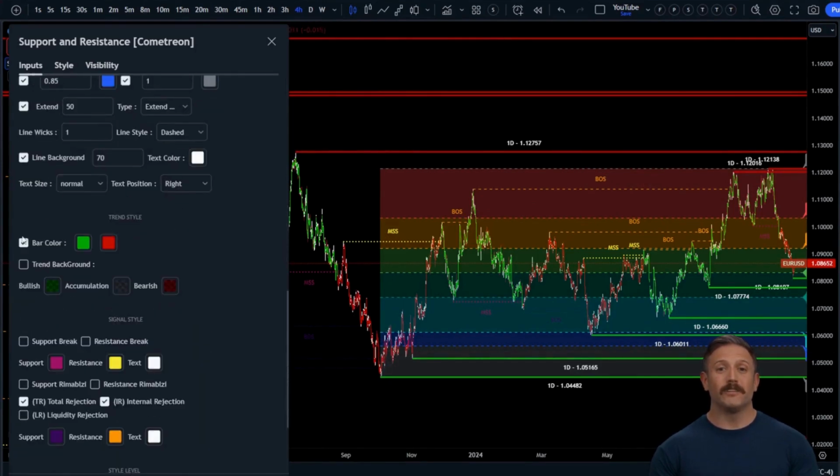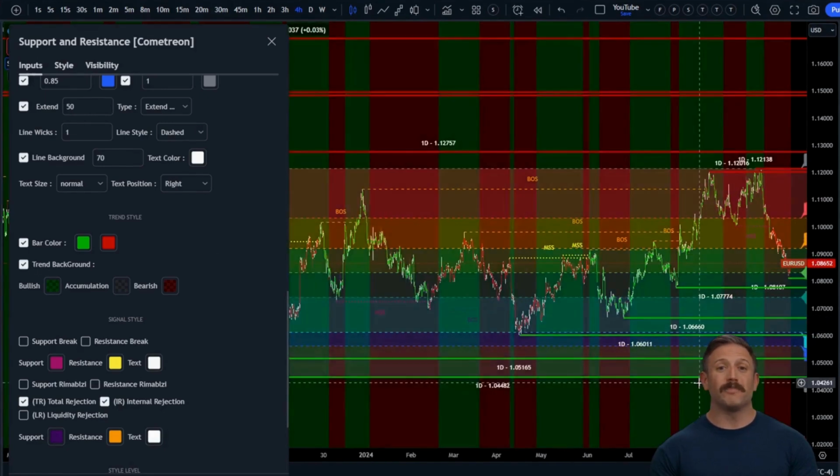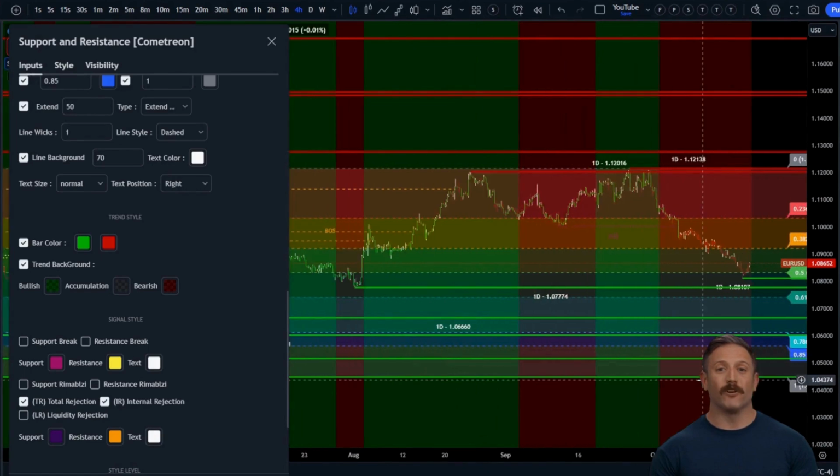With Trend Style, you can activate and deactivate the two types of trend of the indicator. The first, bar color, is based on level breakouts. If a resistance is broken, the trend will become bullish, green, while at the breakout of a support, it will become bearish, red. While the second trend, background color, is based on the last active unconfirmed level.